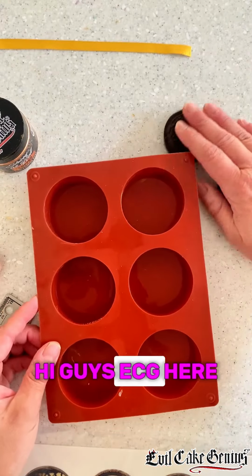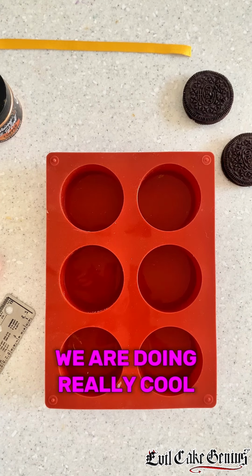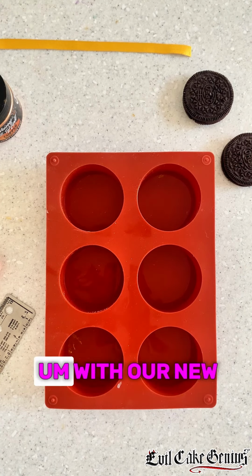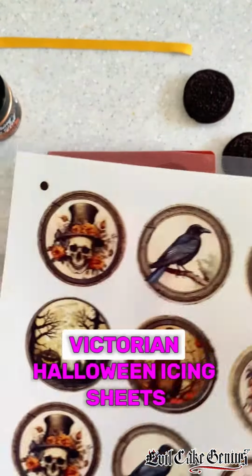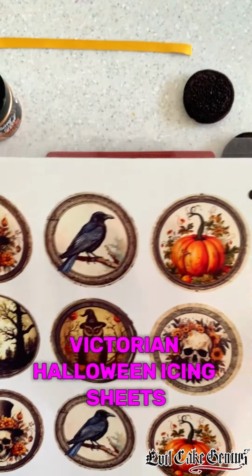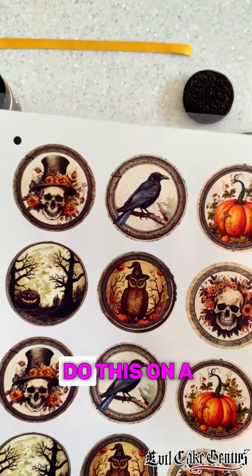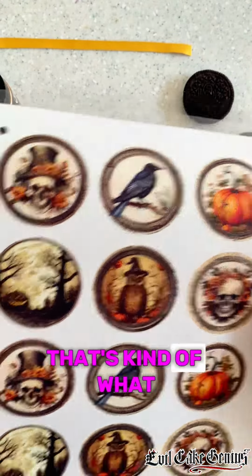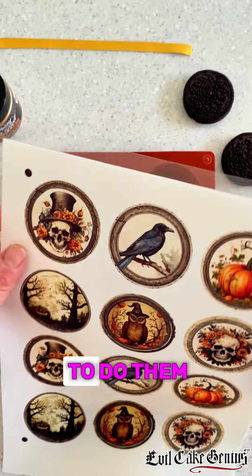Hi guys, ECG here. We are doing really cool, really spooky Oreos today with our new Victorian Halloween icing sheets for cookies. Now, obviously you can do this on a royal iced cookie. That's kind of what they were originally made for, but I like to do them